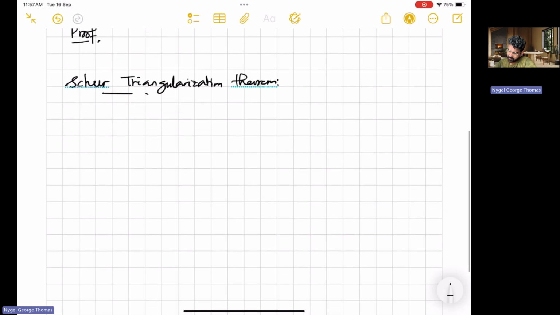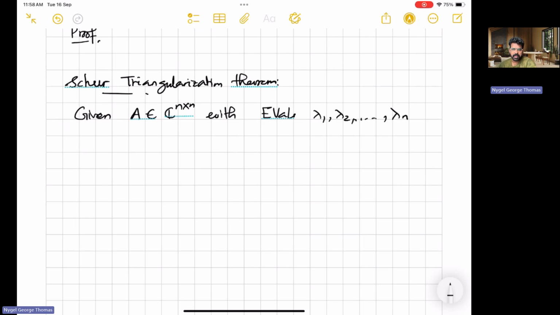What it says is: given a square matrix in C n cross n with eigenvalues lambda 1, lambda 2, etc., lambda n, which could be repeated eigenvalues, real or complex, it doesn't matter,